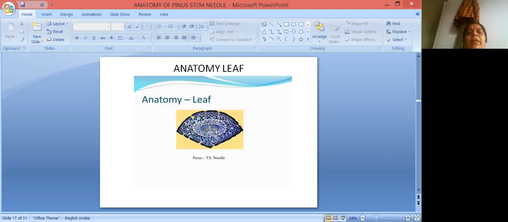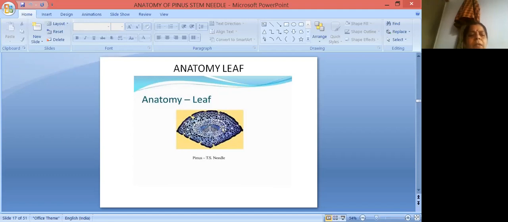When we do the practical TS of the needle, we will see a very clear picture of two vascular bundles. This white-colored ring-like structure surrounding them is known as the endodermis. Look at this. It has barrel-shaped cells and Casparian strips like a belt. And below this complete structure is the pericycle, which is multi-layered. So these all exhibit xerophytic characters.